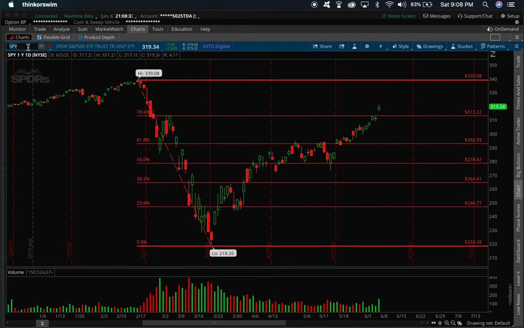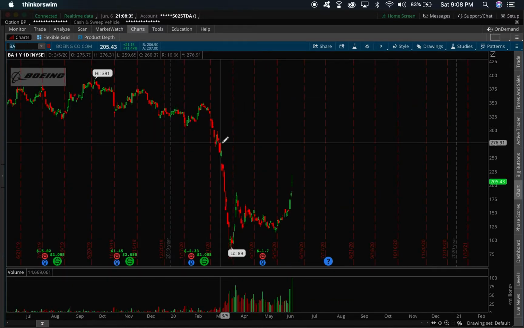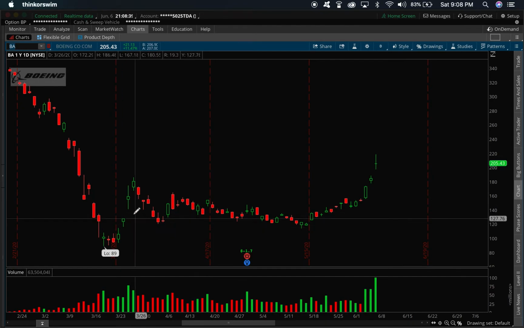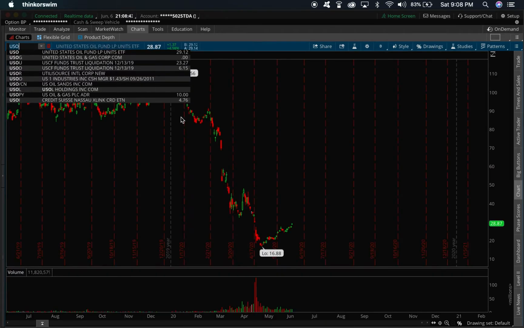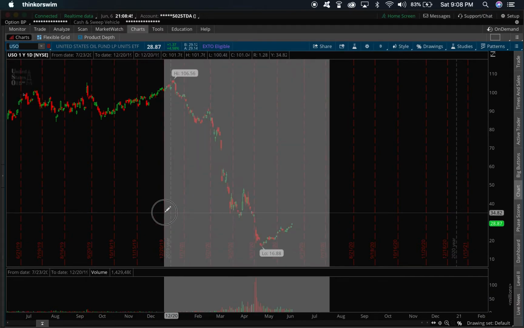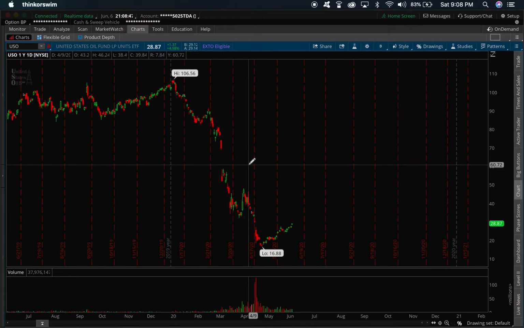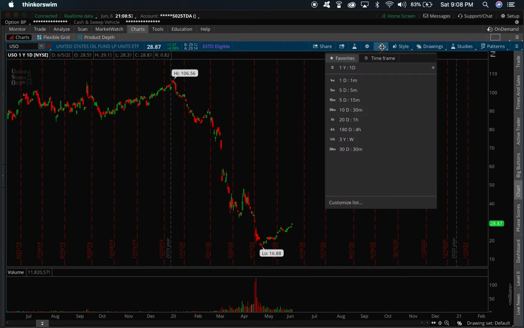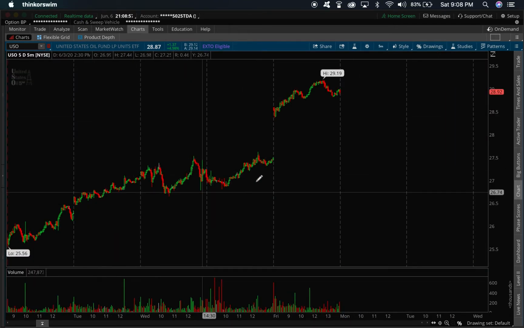let's see, let's look at BA here. I'm trying to look for a shorter term option that, wow, this one's got a lot of room to run. So you don't have to just use it on the day time frame. If you have a short term, you're trading contracts for just a couple of days or whatever, you could probably change the time